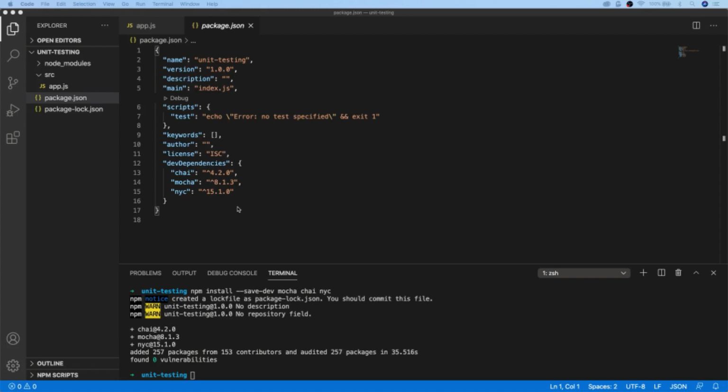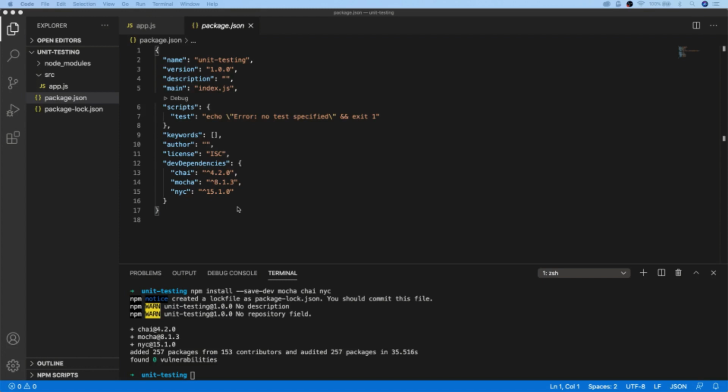in our package.json file. So let's quickly run through what each of these packages will do for us in this tutorial. Mocha is the test runner, so we use this to issue the commands to run the tests that we're going to be creating. And Chai is an additional assertion library, which works well with Mocha and they're commonly used together. You'll see in a moment how that provides a bit more flexibility when we're writing our test cases. And Nice is a code coverage generator, which will show us visually how much of our code has been covered